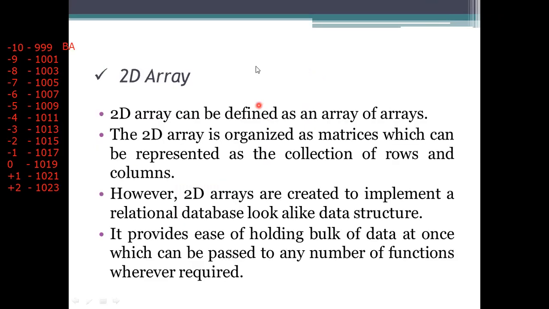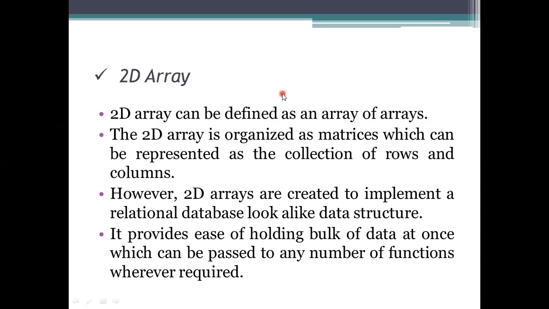And coming to the next one, which is a two-dimensional array. So we can represent an array as multi-dimensional, meaning more than one dimension. If you want to access a group of elements or a set of elements, then you need to use the one-dimensional array.